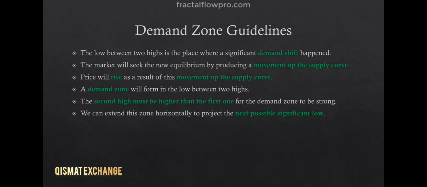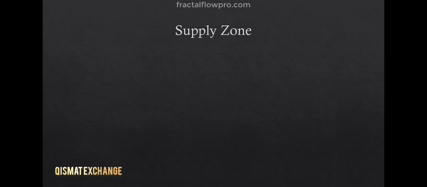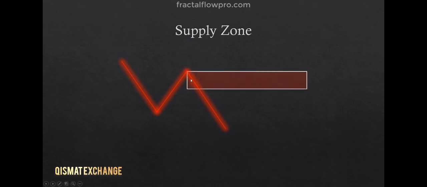Let's now look at the supply zone example. In this illustration, you can see price going down. The high that is formed between two lows is where the supply zone will be. In other words, a supply zone will be near a high. By extending this zone into the future and counting on the basic premise of price action, we can count on the fact that if price comes back there, the same sellers that made price fall the last time will do